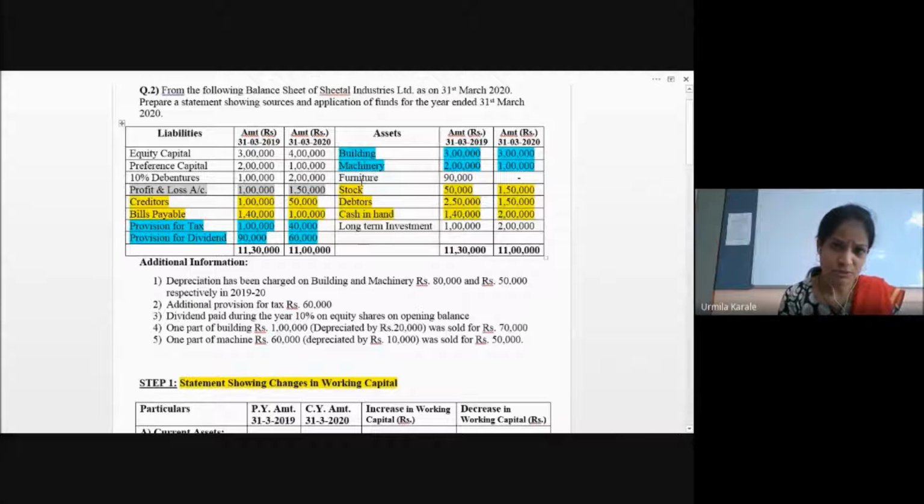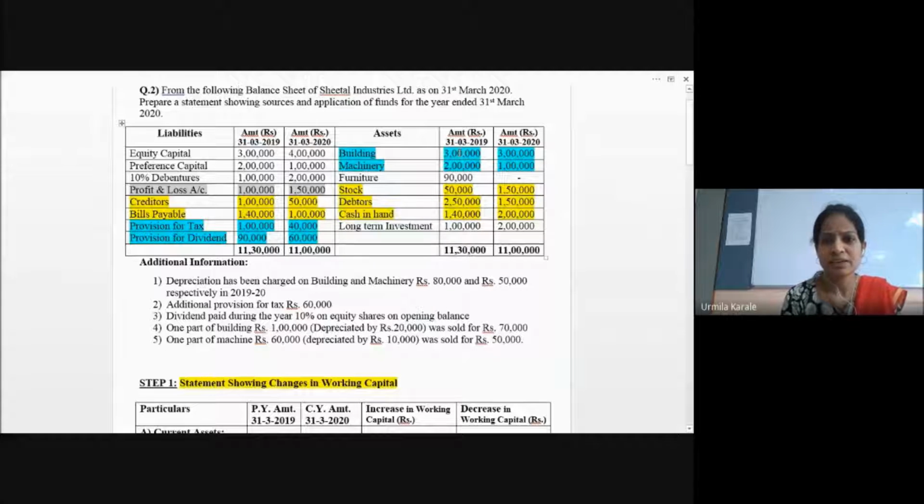If you decide to create these 4 accounts and these 2 accounts, always remember that for all the asset side accounts which you are creating, the opening balance will be a debit balance and the closing balance will be a credit balance. So all the things which you are recording to this side will have credit balances. So opening balance to the credit side, closing balance to the debit side. Same way with this. So now we'll create the account.